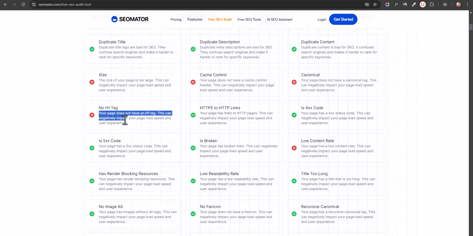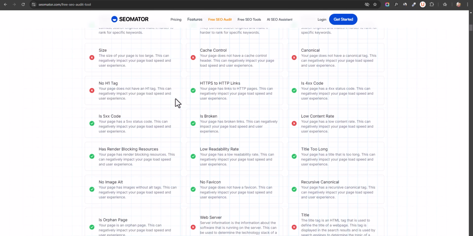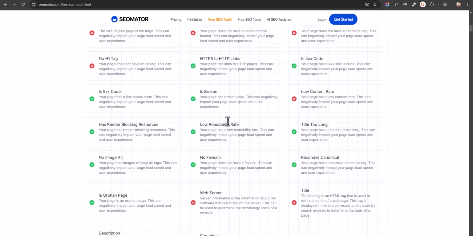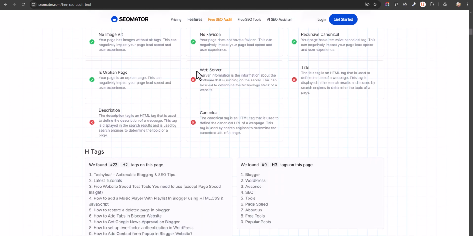It is saying that there is no H1 tag on this page, HTTP and HTTPS links are perfectly fine, and there is no issue with 4xx or 5xx codes, or any broken links. It is also suggesting that the page has a low content rate and there are no server issues,